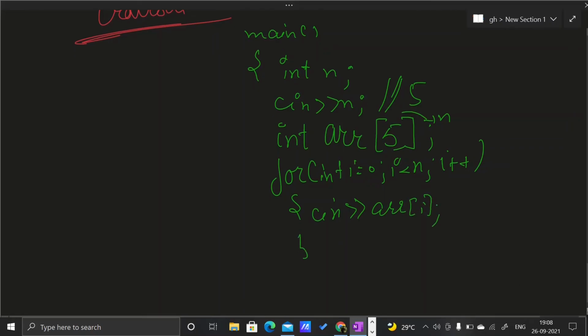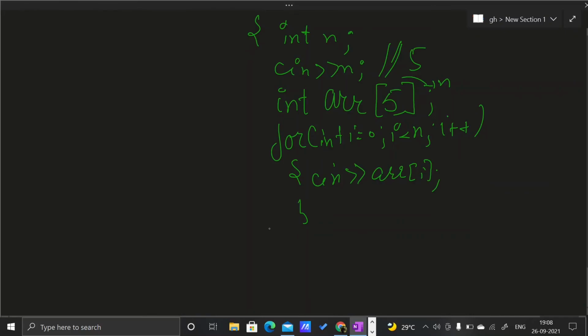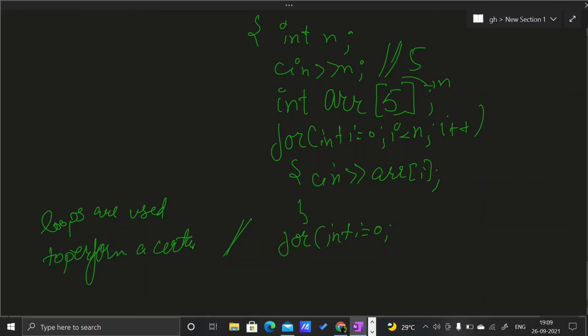Now traversal means displaying all these values. How will I display? I'll again use a for loop, because I have to go through each and every element. Loops are used to perform a certain task multiple number of times.